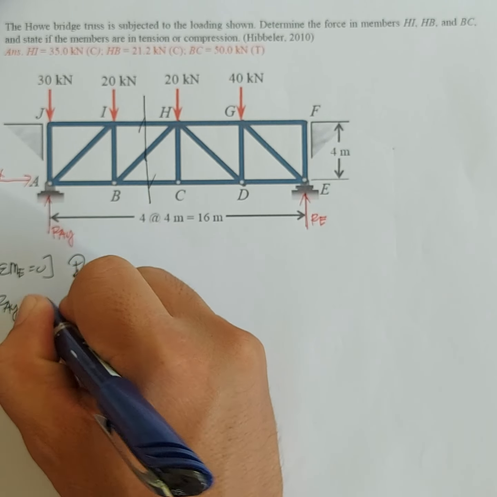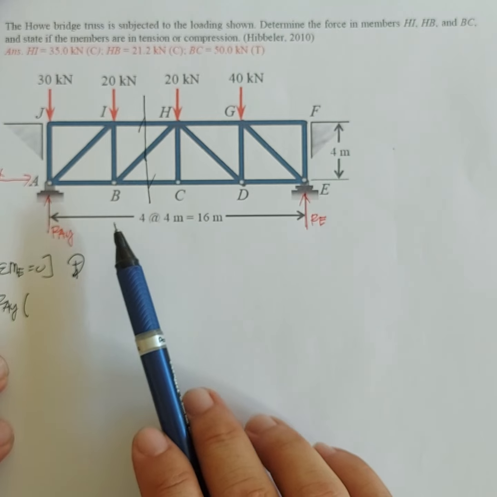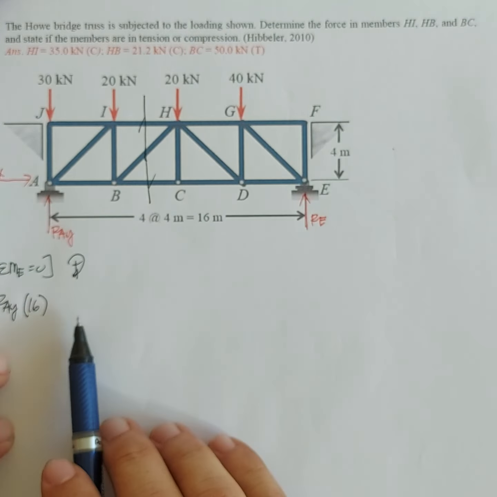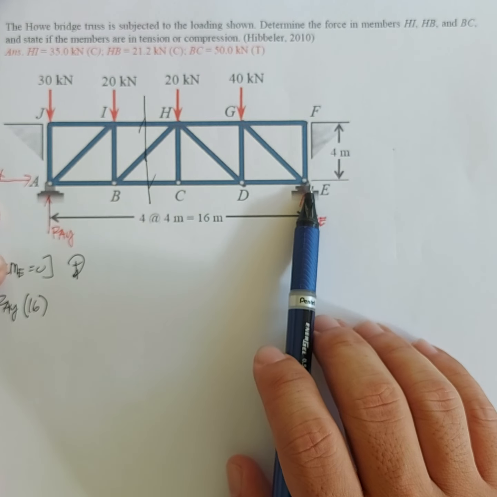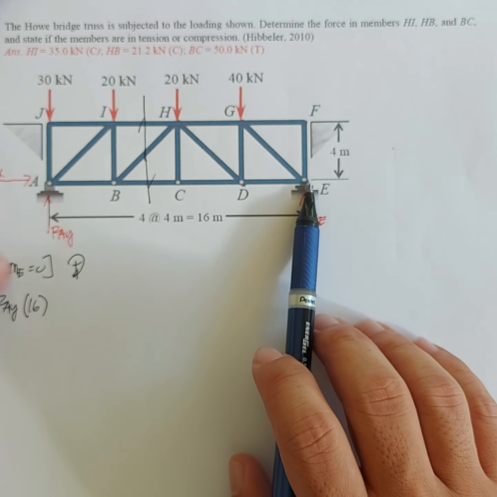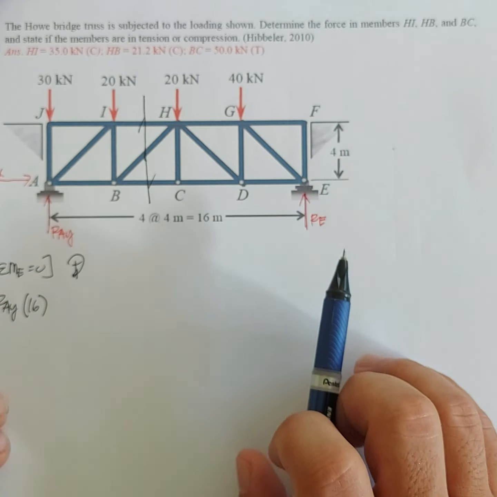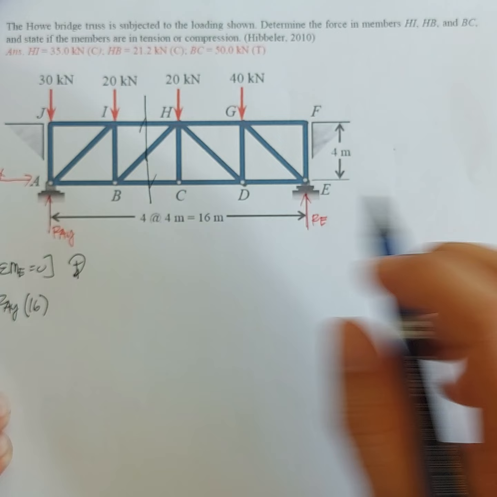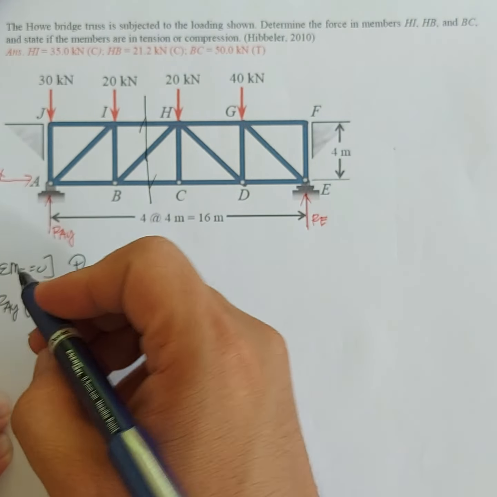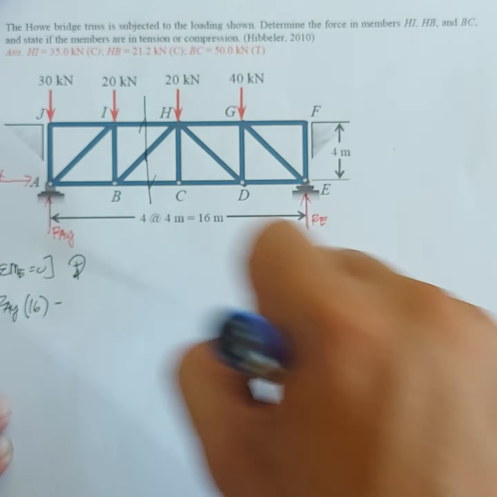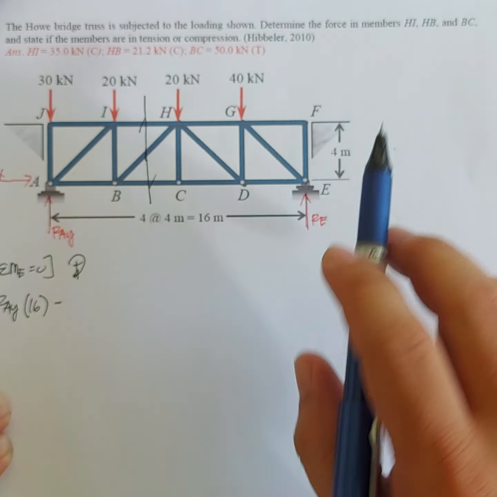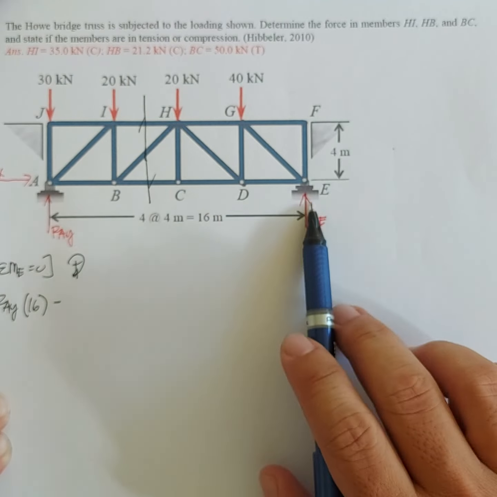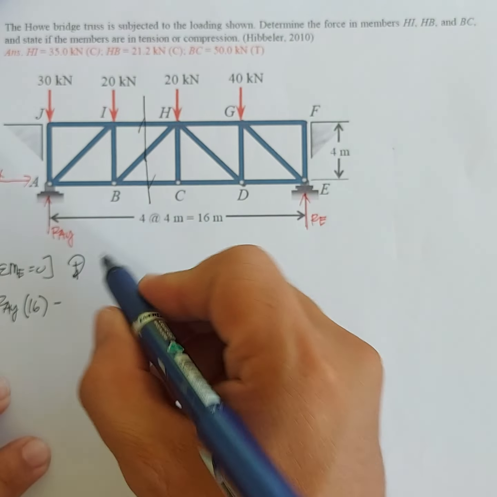So positive. So RAY times 4 times 4, so it's 16 meters. RAX has no moment at E, although you may include that in the equation, but the moment arm would be 0. And then the moment of the external forces. Let's start with the 30 kilonewton force here. So minus, since its moment about E is counterclockwise. All of these external forces are counterclockwise about E. So minus 30